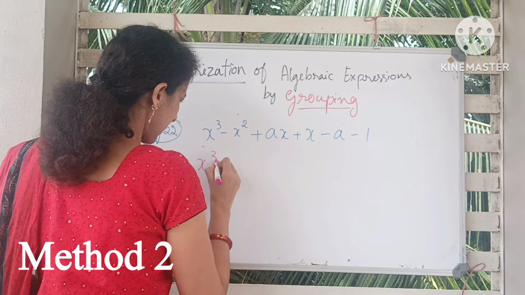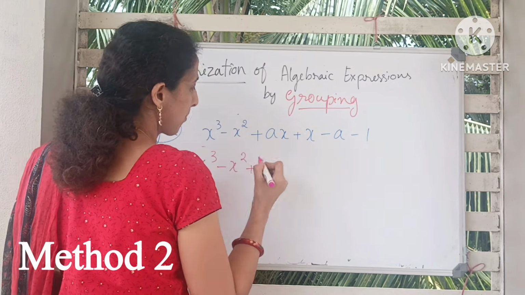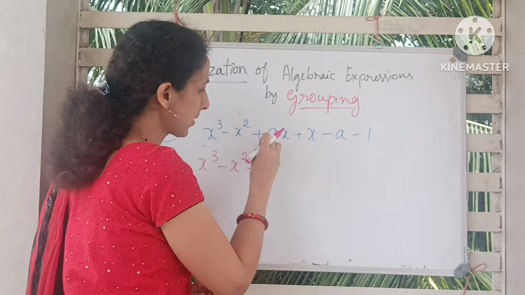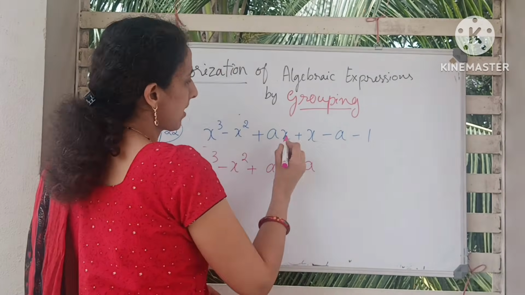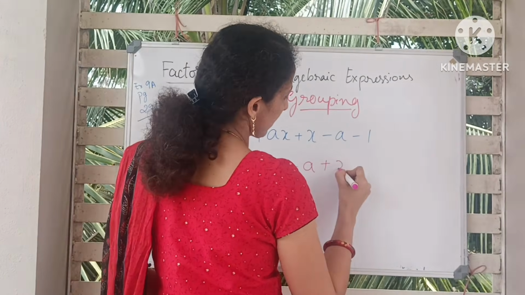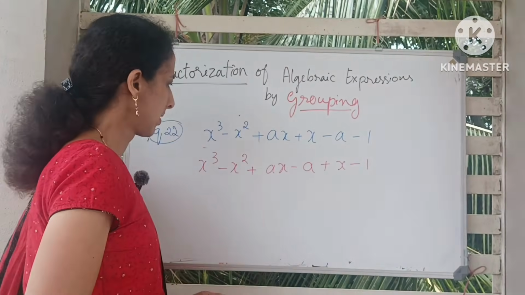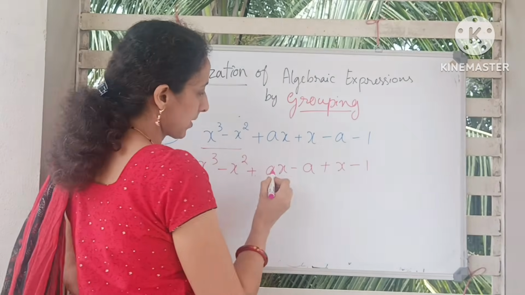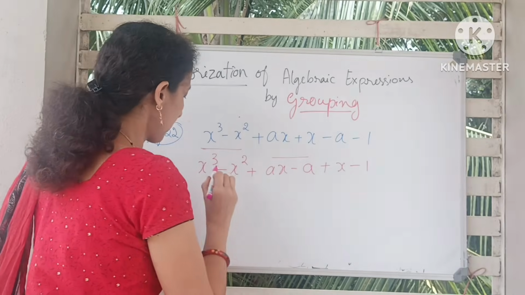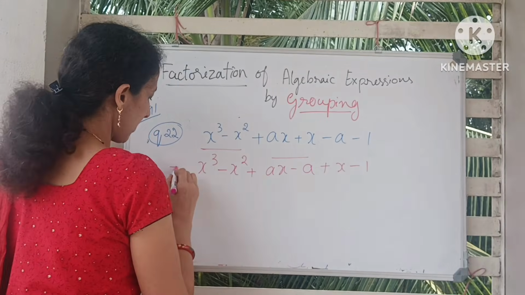Now x cube minus x square plus, here I am going to group a with this a, so ax minus a comes here and this x will be taken that side. Now I see that x cube minus x square, they can still be grouped. This can be our new group, and let's see what happens. This is equal to